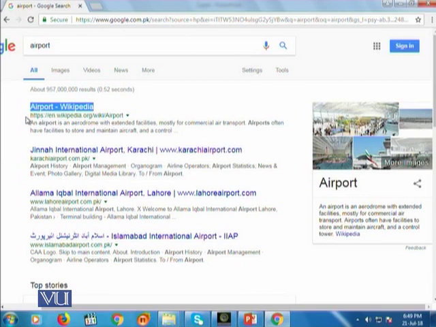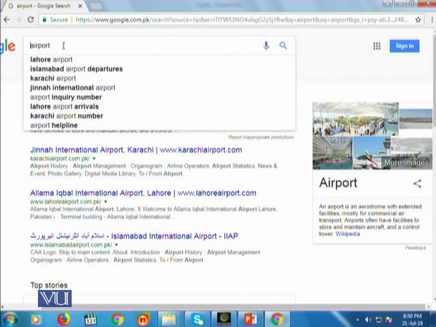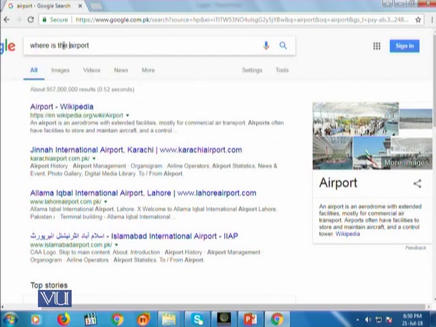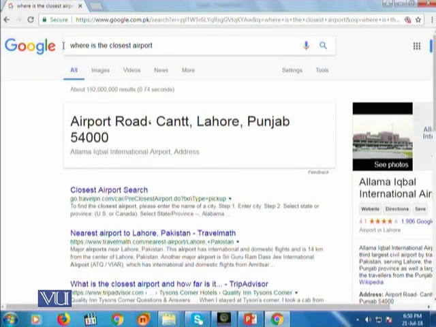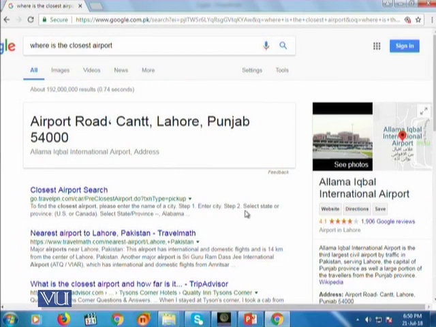So let's try to change the query and reformulate it in a different way. So here I have changed the query to: where is the closest airport. Now Google has tried to identify my current location, and in my current location what is the closest airport available.